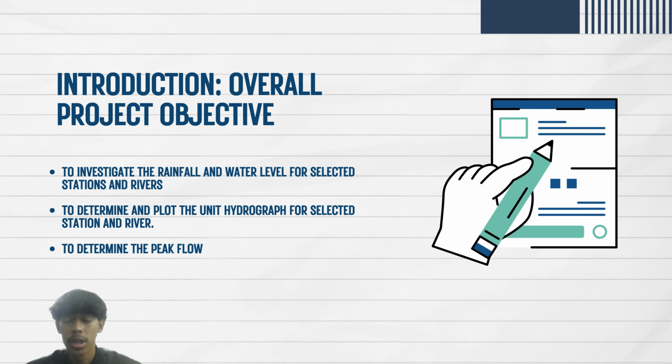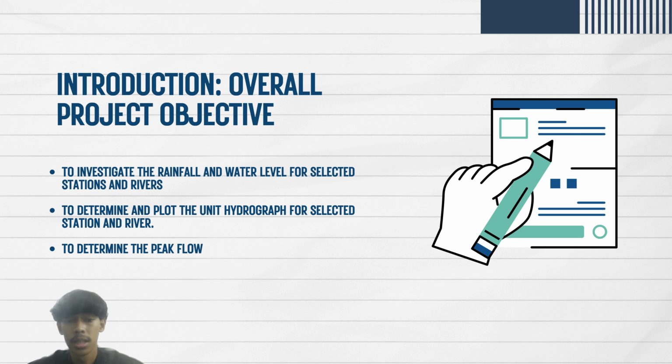So today I'm going to talk about the introduction, objective, and project overview. A hydrograph is a graphical tool that shows the relationship between rainfall, river discharge, and water levels over time. It tracks our watershed response to precipitation, with rainfall being the initial input that influences water flows in rivers. Hydrographs help in understanding river behavior, flood risk, and water resource management by analyzing the timing of peak flows and